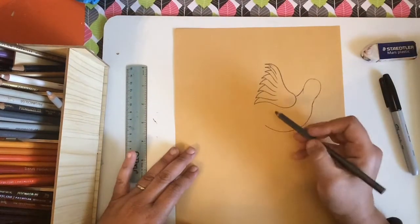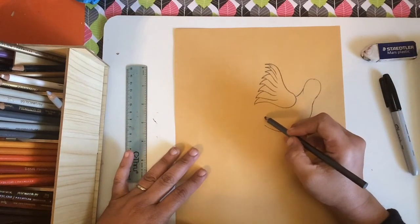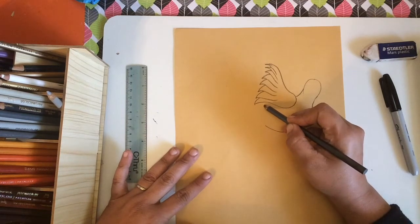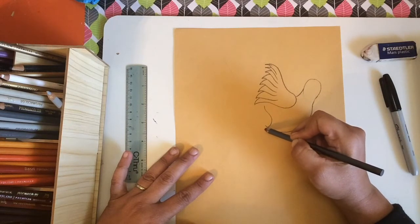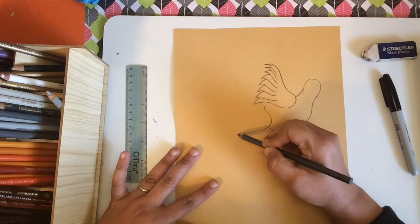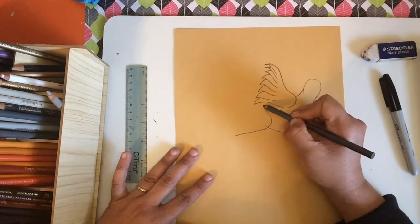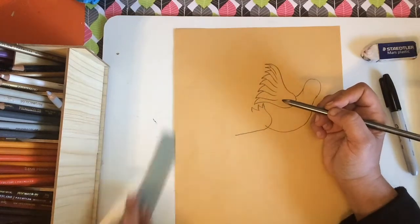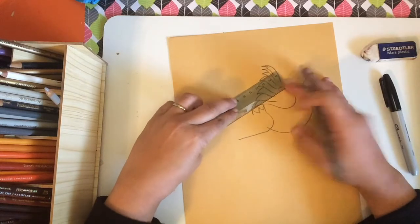The next part we're going to do is another wing. And we're going to do that wing right here. We're going to start right here and we're going to curve over to the right and then over sort of downwards a little bit like that. And right here, we're going to sort of do that zigzag thing again, but I want you to notice the angle that we're working at. If you were to put a ruler like that, you're sort of working in a